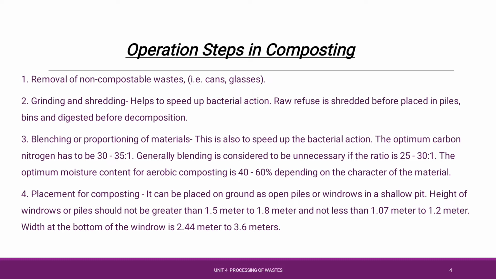After the grinding and shredding comes blending or proportioning of materials. This is mainly used to improve the bacterial or microbial degradation process. So the carbon nitrogen ratio has to be maintained between 30 to 35:1. So the blending process is considered necessary until the carbon and nitrogen ratio reaches 30 to 35 to 1. If the carbon nitrogen ratio is 25 to 30 to 1, it is unnecessary to carry out the blending